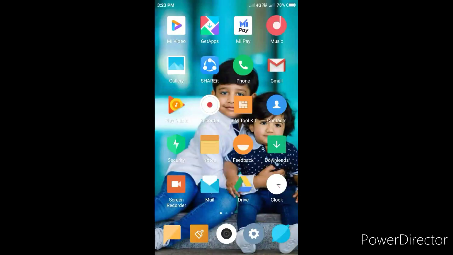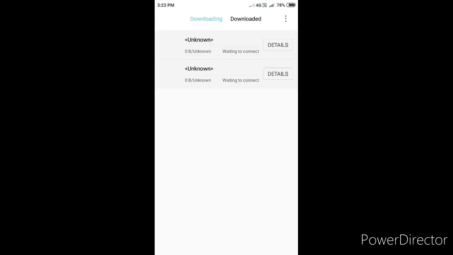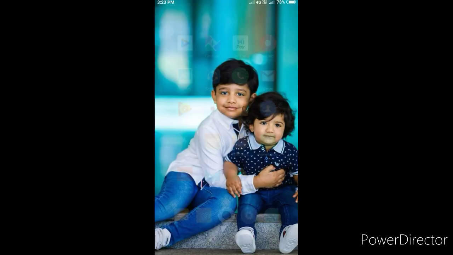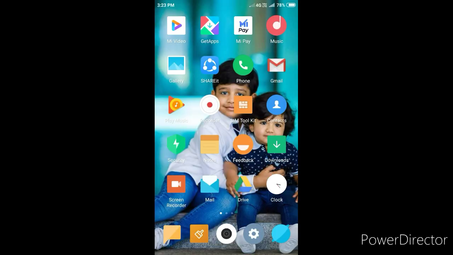Okay, now we will check whether it will work or not. For that I will go to any app. So I went to the Gmail app. Here it will ask for the password. Again we will go to one more app, the downloads app. Here also it will ask for the password. Then only it will open, otherwise it will not open. Okay, this is the process of app lock and screen lock password.